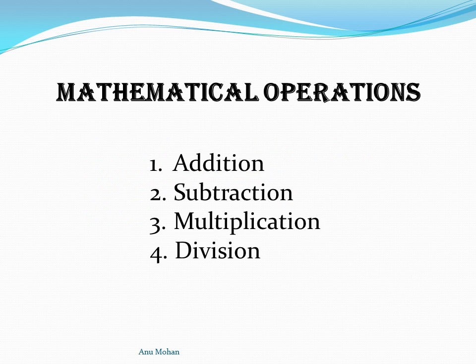So what do we mean by mathematical operations? We are talking about 4 basic mathematical operations: addition, subtraction, multiplication, and division. If you perform any of these operations on, say, whole numbers, and the result that you get is always a whole number, irrespective of the numbers that you pick, then the set of whole numbers is said to be closed. The same we can say for integers and for rational numbers.